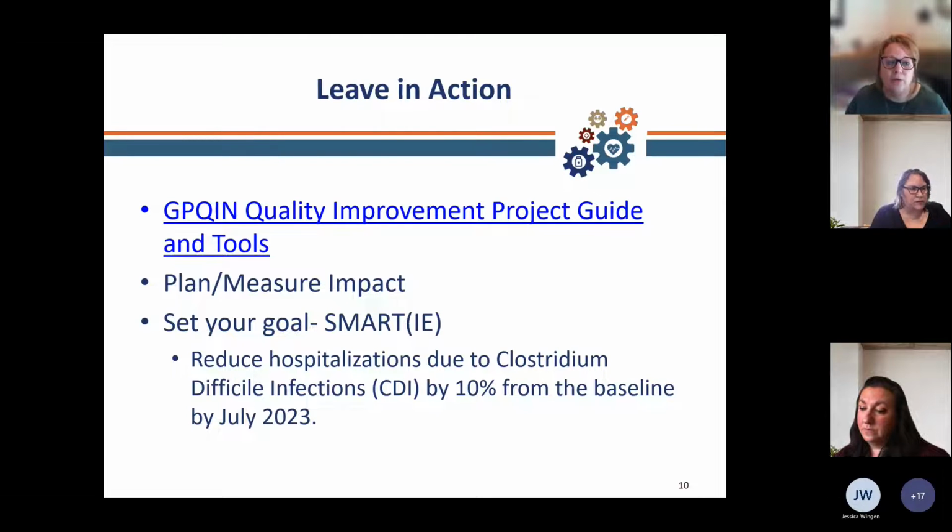All right, so that was a good overview in regards to C. diff infections and how they come about. With leaving in action, I want to reference our GP Quinn Quality Improvement Project Guide and Tools. We always talk about starting small whenever we start a quality improvement project. If you are a larger facility, you may want to look at starting on one wing or one floor to start in small options. After you have completed your chart audits, you start to look at those gaps and outliers